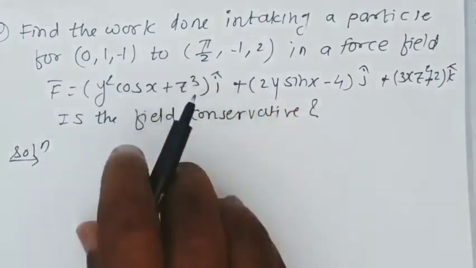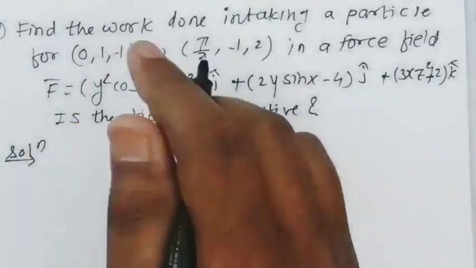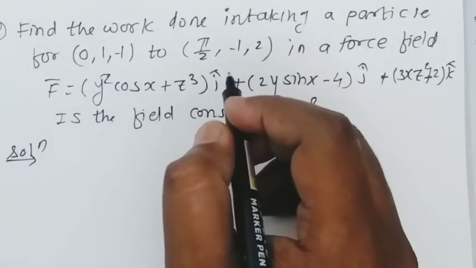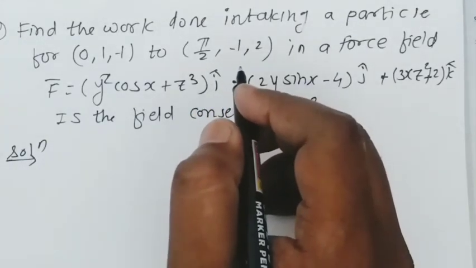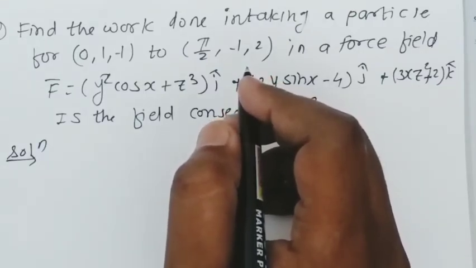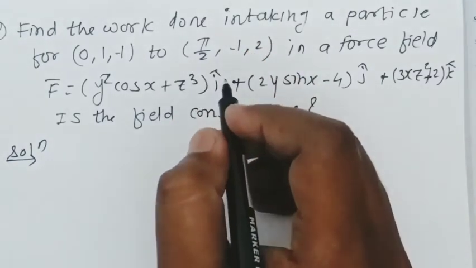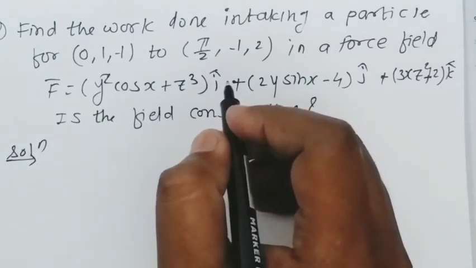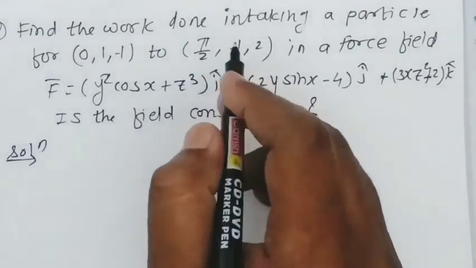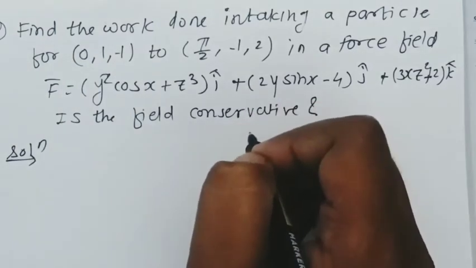Whenever the end points of the curve are mentioned in such examples, definitely the given field will be a conservative field, and we can't calculate the integration by using the previous example, because we don't have the equation of curve, so we can't find the parametric equation and we can't evaluate it. So we have to use that technique we have discussed in the previous lecture, that we have to show first it is conservative, and then we have to calculate the scalar potential, and in that scalar potential we are going to put these points, and we'll get the answer by doing the subtraction of phi at b minus phi at a. So this is how we are going to do it.